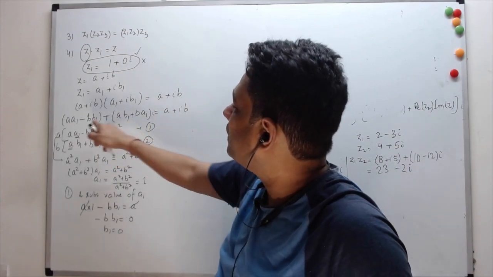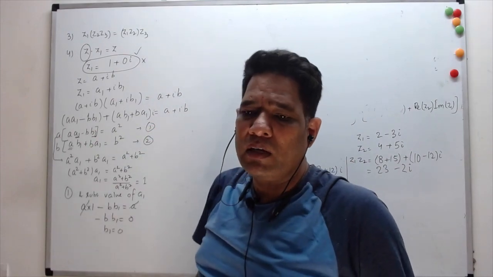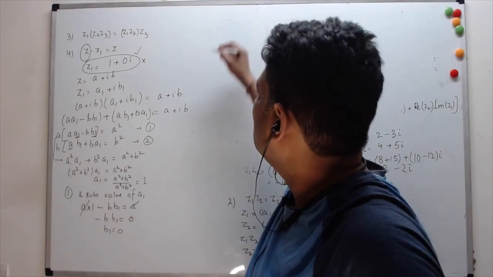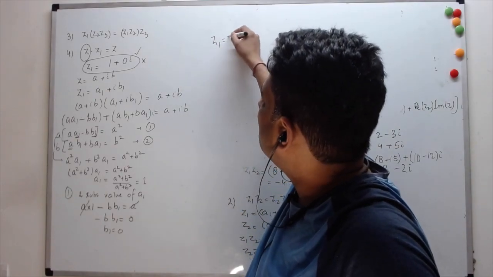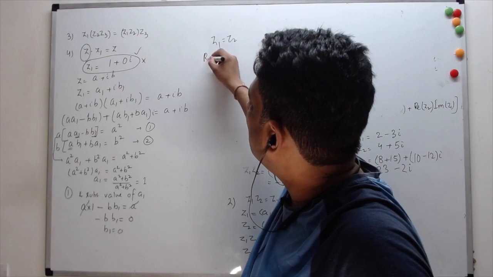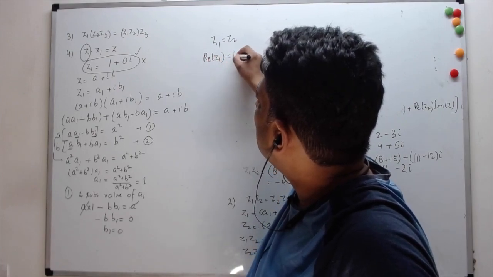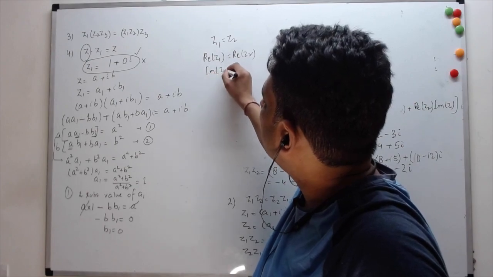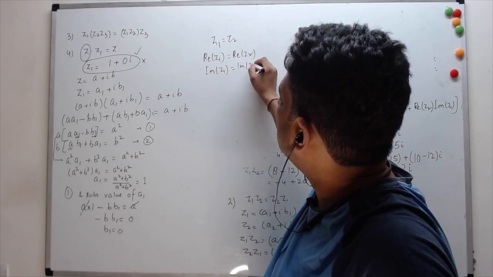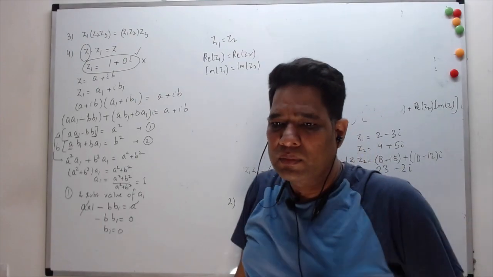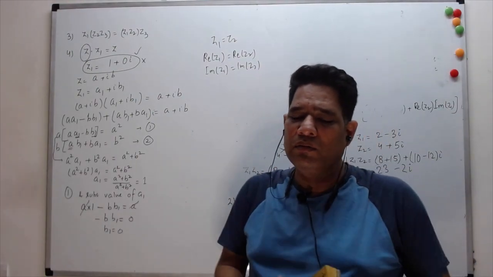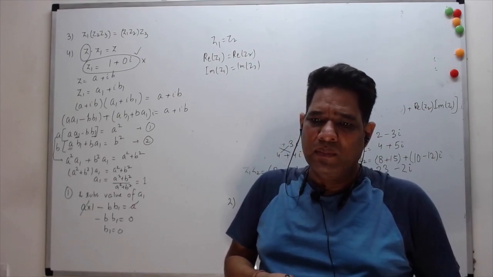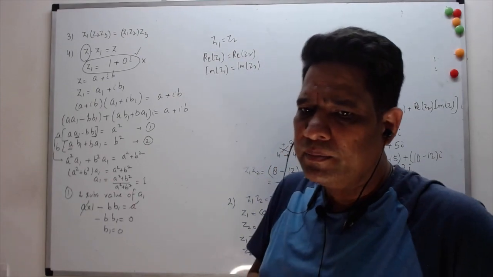Okay. Because when we compare two complex numbers, we can only compare their real parts together and the imaginary parts together. Remember? If z1 is actually equal to z2, then the real part of z1 is equal to the real part of z2, and the imaginary part of z1 is equal to the imaginary part of z2. This is the only thing which we can talk about when we say two complex numbers are equal, right? That's something we have done earlier, I believe.